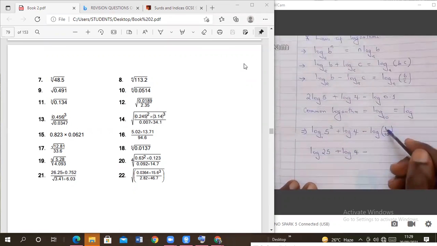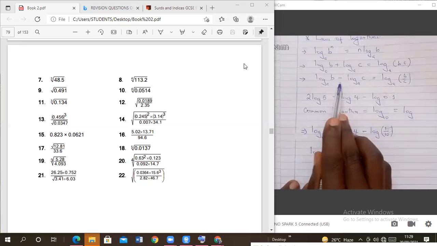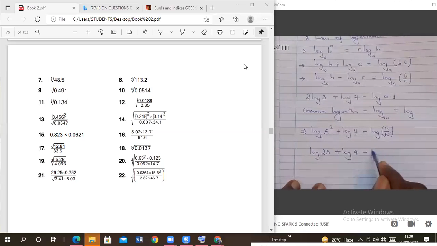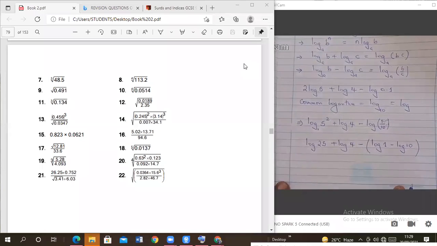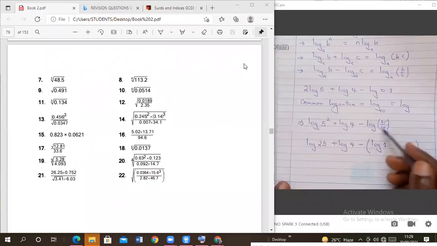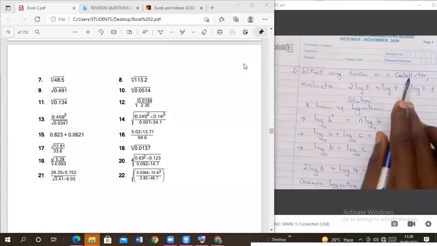Members, what are we doing here? Here we are dividing. And when we are dividing logarithms, what do we do? We subtract, not so? So this one will be the same as log of 1 minus log of what? I'm just simplifying this one, because we don't want to deal with decimal points. Because they have told us not to use a table or a